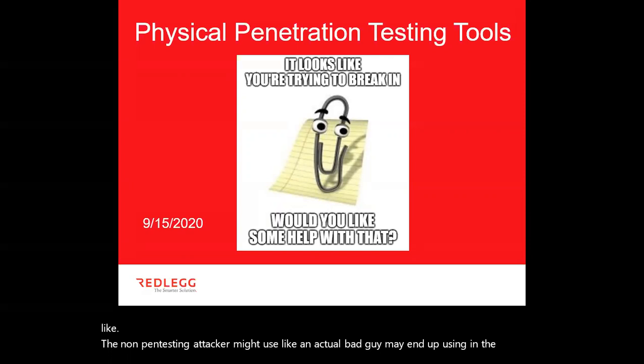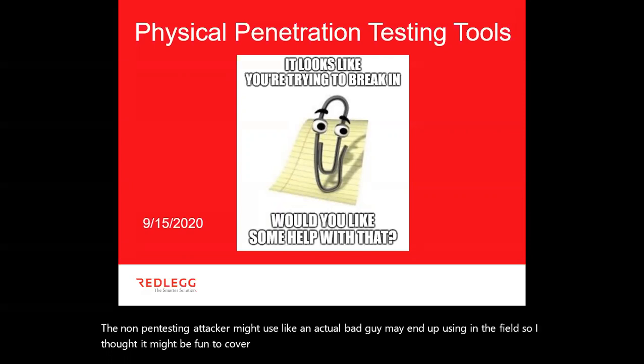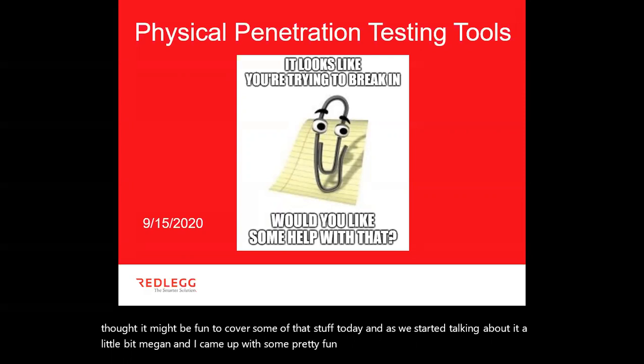So I thought it might be fun to cover some of that stuff today. And as we started talking about it, Meaghann and I came up with some pretty fun, pretty interesting content. So I think this should be an interesting